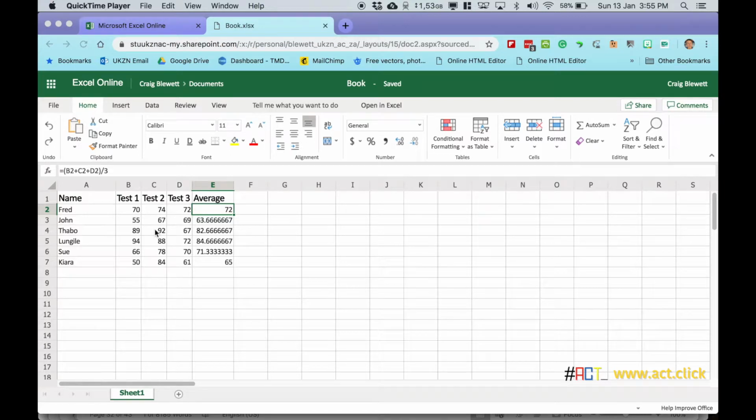Welcome to Microsoft Excel. We are looking at the power of spreadsheets. And at the moment we have our little spreadsheet. We've got some names with their test marks and their names down here. And we've got a formula, and the formula is basically the average, which is the B2 plus C2 plus D2